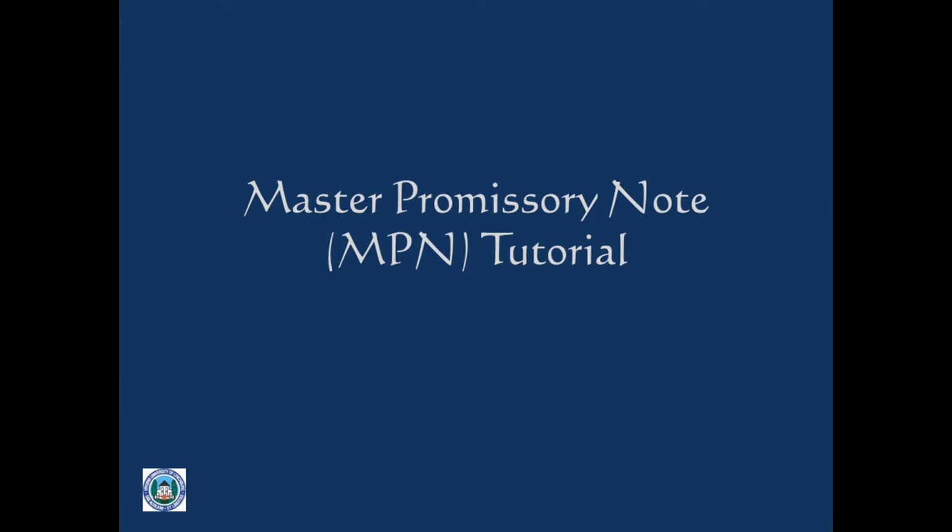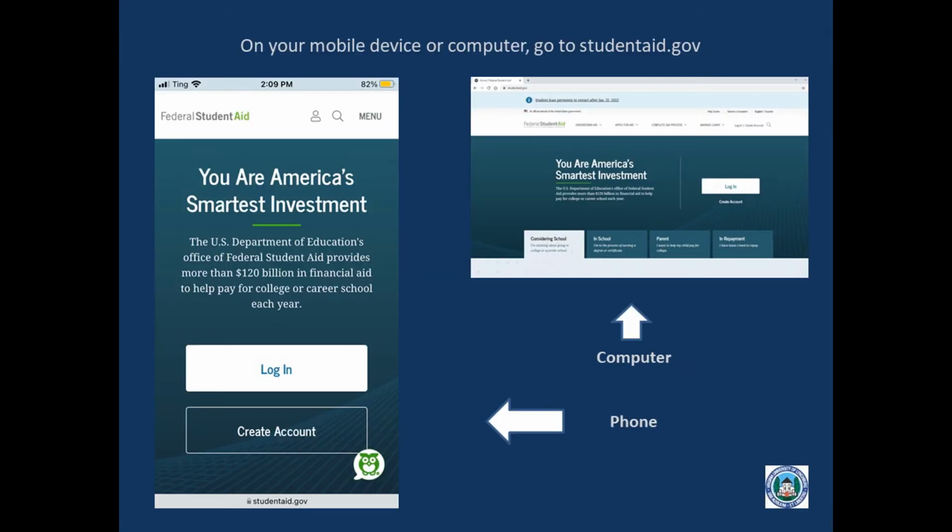Welcome to the Master Promissory Note, or MPN, tutorial. In this video, we will provide you with a brief overview of how to complete the Master Promissory Note for Virginia University of Lynchburg. To begin, you will need to go to studentaid.gov on either a computer or a mobile